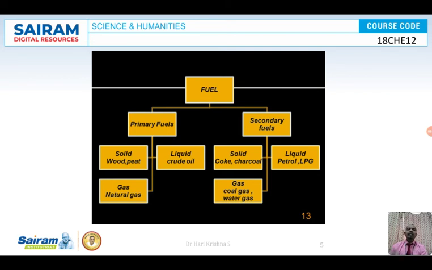So primary fuels are divided into solid, liquid and gaseous. You have the example. Secondary fuels, once again there is a simple example given over here. So now let us discuss